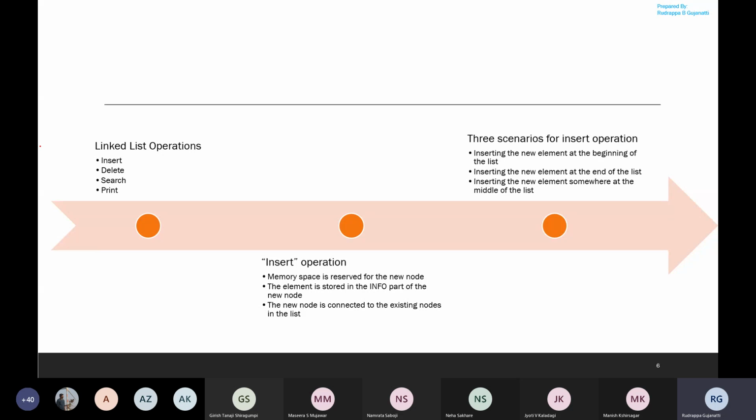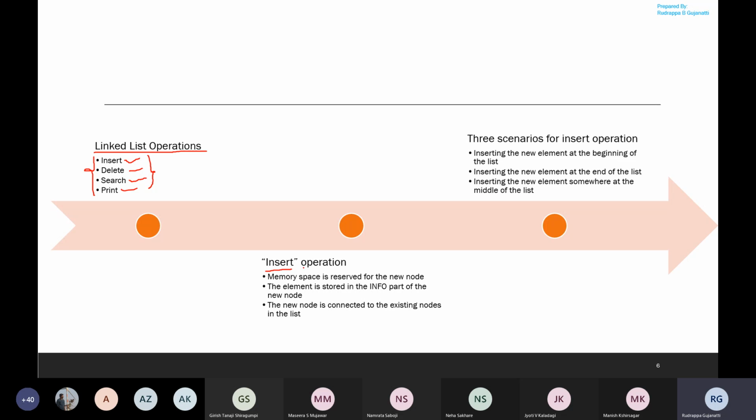Now, what are the operations we have to look forward to when we are dealing with a linked list? As we had seen in the previous case also, these operations again hold true. Here we might look at inserting elements into the linked list and deleting an element from the linked list. Then if you want to search for a specific element, we can go ahead with searching using the linked list. If you want to print all the elements present in the linked list. These are just a few operations that they have specified. Now let us look at these aspects a little bit in brief.